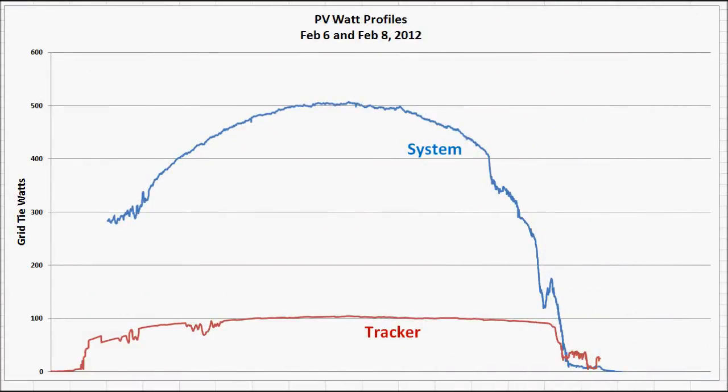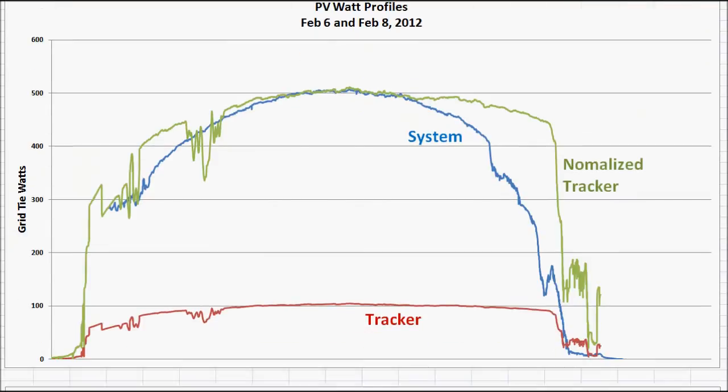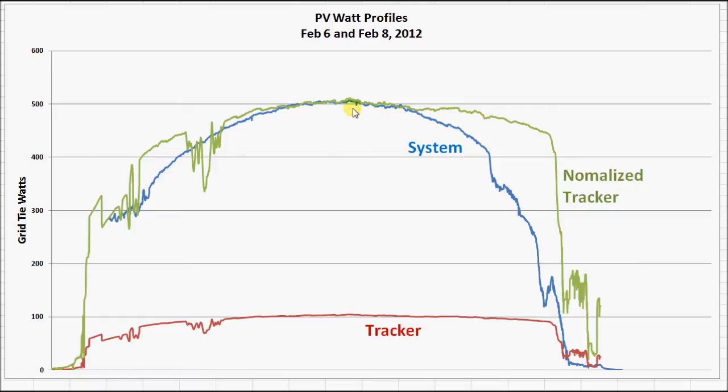Alright, I've got the data from February 6th for the system loaded into the spreadsheet here. And I also have the data from today, February 8th, for the tracker loaded in here. If you remember the system run, we peaked out a little over 500 watts, and then today with the tracker, peaking a little over 100 watts. Now if I take that tracker profile and normalize it with the system profile so that the peaks line up exactly right, you can see that